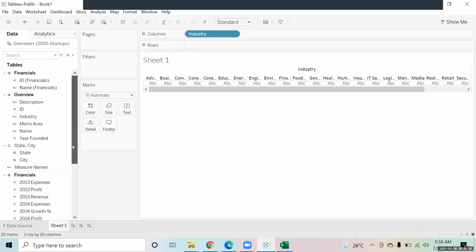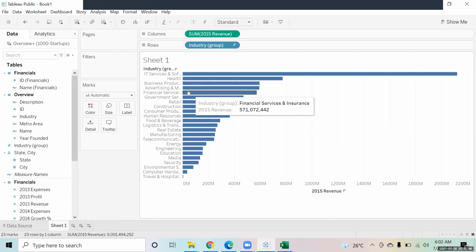Those two things are also combined, financial services and insurance.